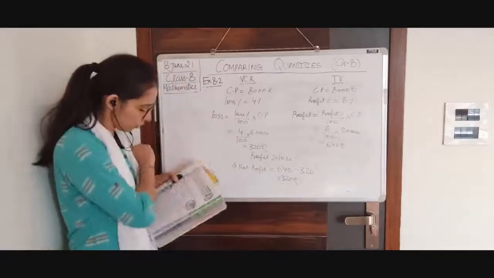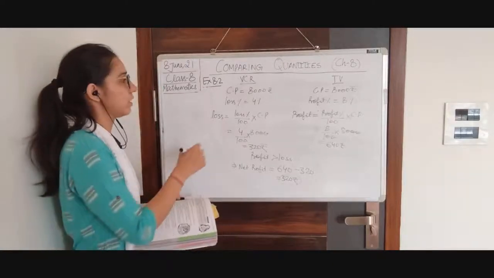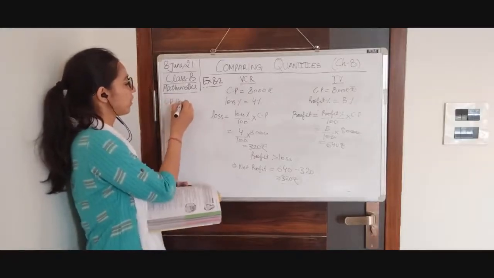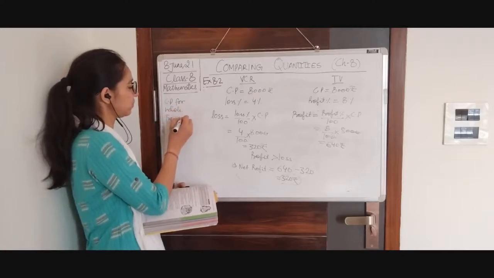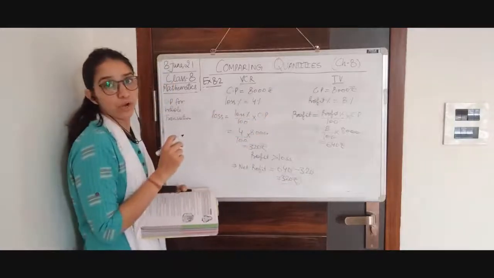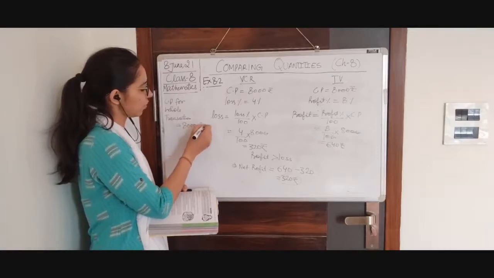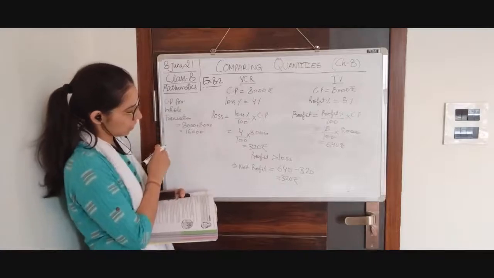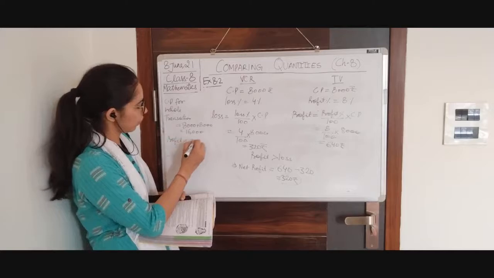ठीक है? Now you have to find out net gain or loss on the whole transaction. ठीक है? Whole transaction, for CP for whole transaction. Okay? In this transaction, he bought two things. It means cost price will be 8,000 plus 8,000, that is 16,000. Okay? 16,000. He made profit on this, which is equal to 320.